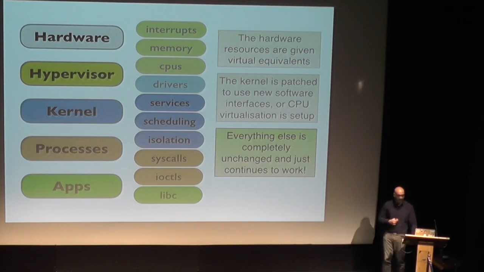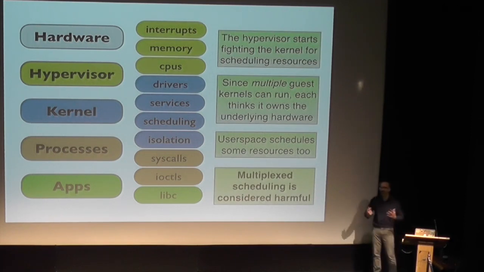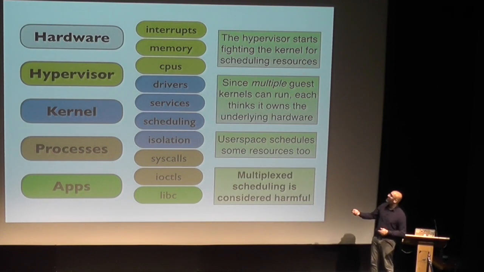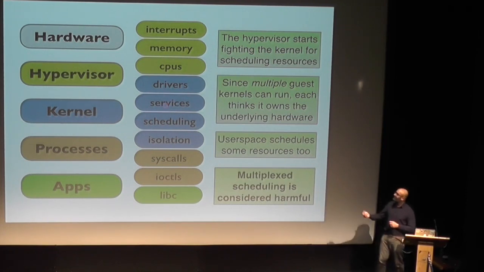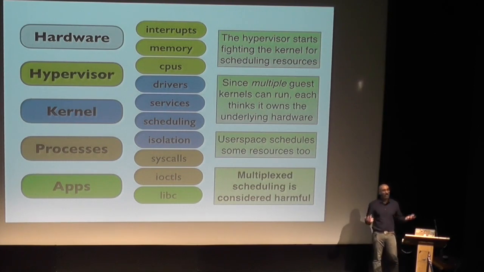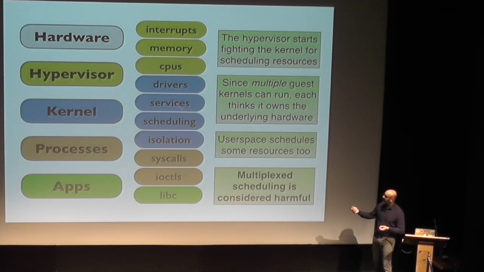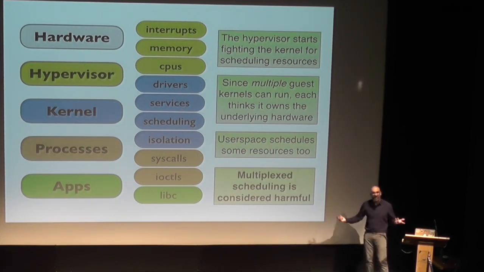So this layer was pretty successful. But then it got adopted at a vast rate, and we noticed there's some fighting going on. People just weren't getting along. What's happening is that the hypervisor is running its own scheduler, because it's got to schedule the virtual machines. And then the kernel is running its own scheduler. It's got to schedule its own kernel threads, all of the different service abstractions running inside, like its file system and storage. And then the processes, well, they're running their own scheduler too, right?